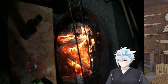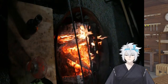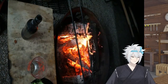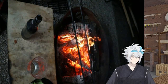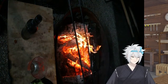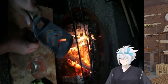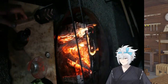Did I do this to myself? Okay, sorry about this. I am gonna run out because I need to grab a spatula. Woo! I am back. Spatula helps me open the. Here. Yeah, we're gonna